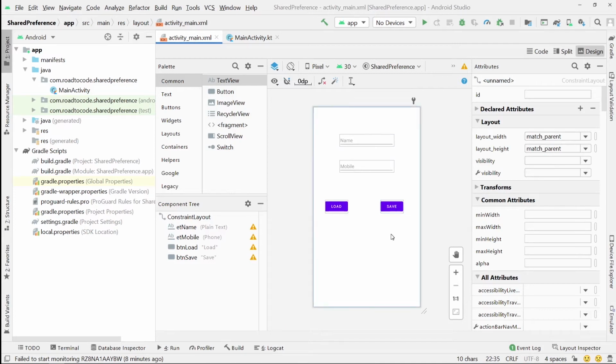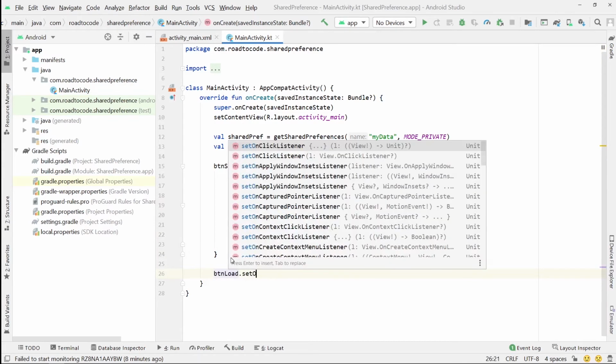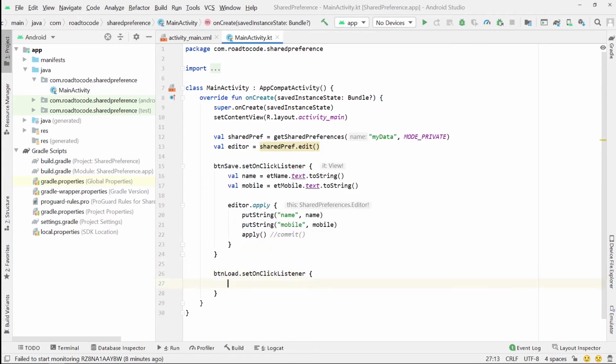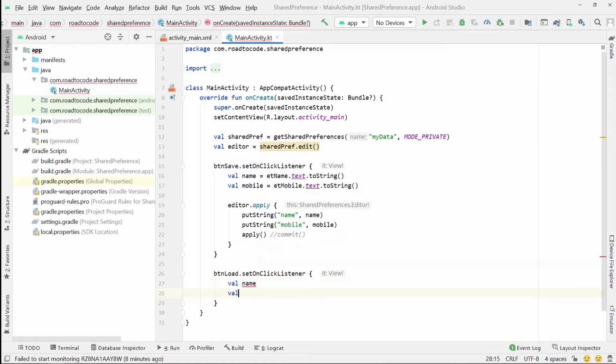Now what about the retrieval of data? To retrieve the data, we will handle the click on the load button. To do that, btnLoad.setOnClickListener, and here we will declare two variables, that is name and mobile.